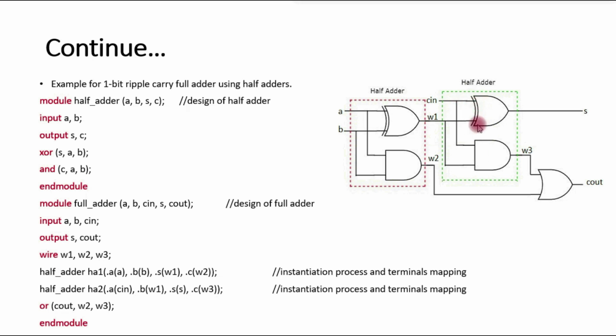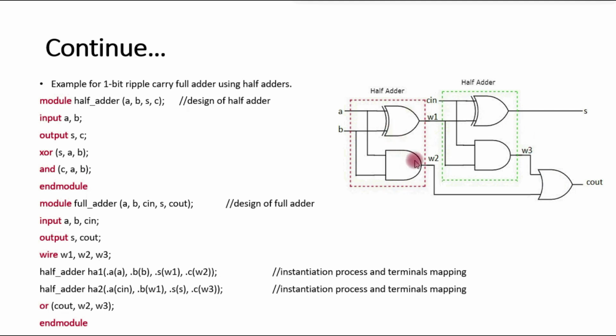And this one is the second half adder, and here we are providing the output of the first XOR gate, that is the sum of this half adder circuit, and we are taking this intermediate terminal for designing the full adder circuit. So W1 is the sum of A and B, and this is one input signal for the second XOR gate, and the second input is the carry input signal, and the output of this XOR gate is the final sum of this full adder circuit. The carry out, that is the AND function of A and B, we declared as the W2 intermediate terminal, and this is one input for the final OR gate that is generating the carry output signal.